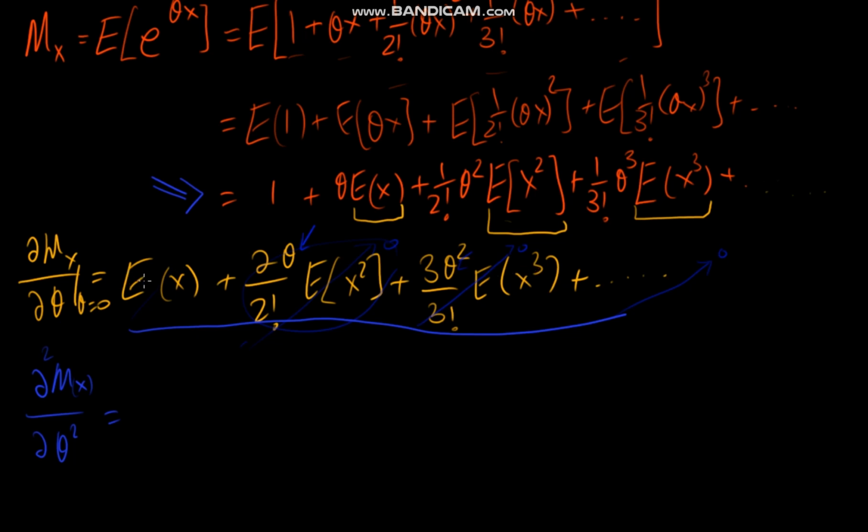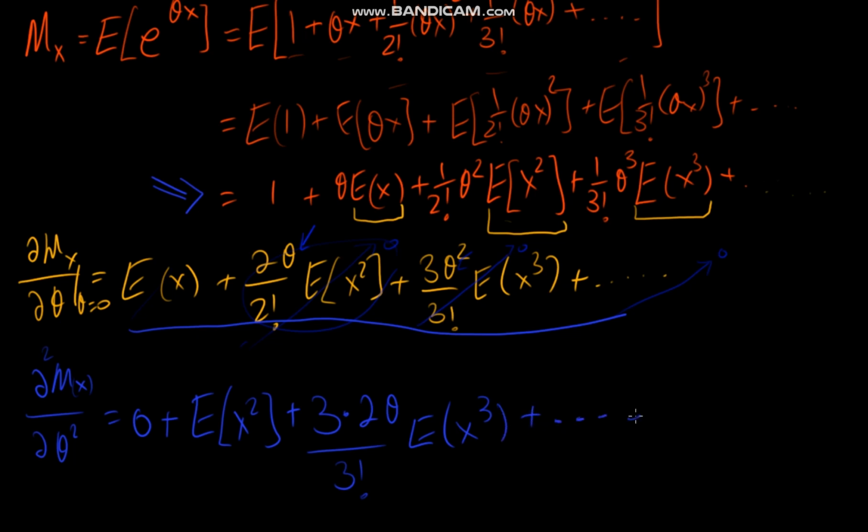So deriving the expectation of x, which is a constant, will give us 0, plus deriving the second term, 2 over 2 factorial is 1 times theta is theta. So to derive theta by theta is 1, we will be left with the expectation of x squared, plus here we have 3 times the derivation of theta squared will be 2 theta over 3 factorial times e to the x to the third,